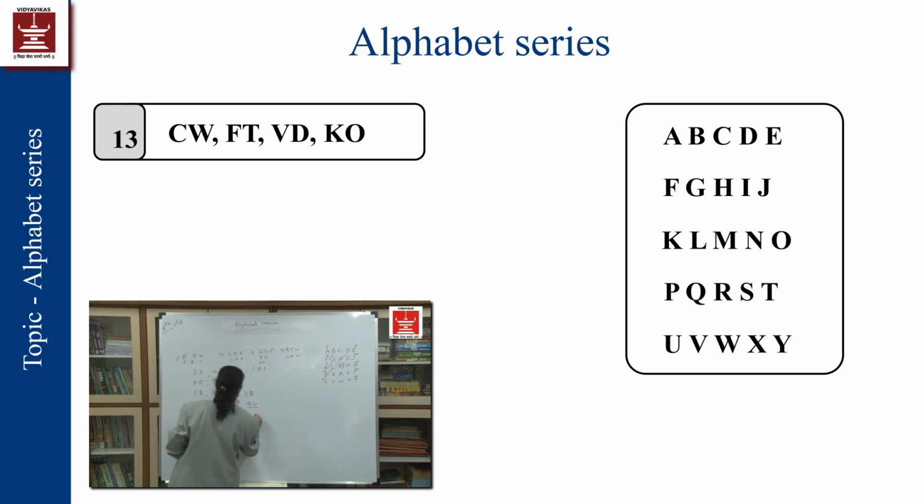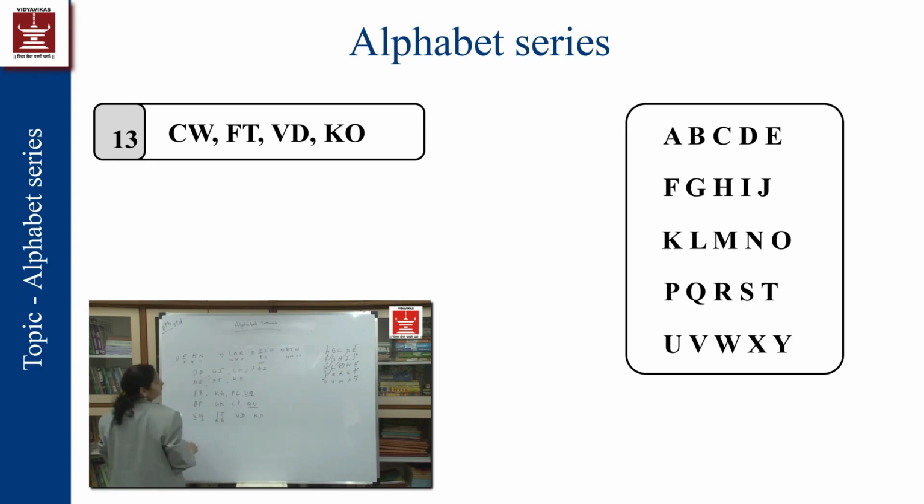VD and KO. So when you write the position numbers, you will see left hand side and right hand side. C is third alphabet from left hand side, whereas W is the third alphabet from right hand side. Here we are considering A to Y. As I said, it will be mentioned whether your alphabet series is A to Y or it is A to Z. Okay, so third from left hand side, third from right hand side, 6 from left hand side, 6 from